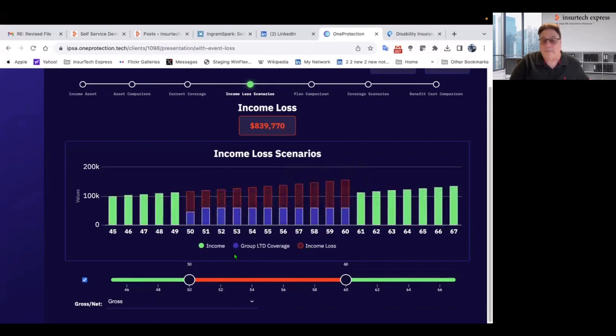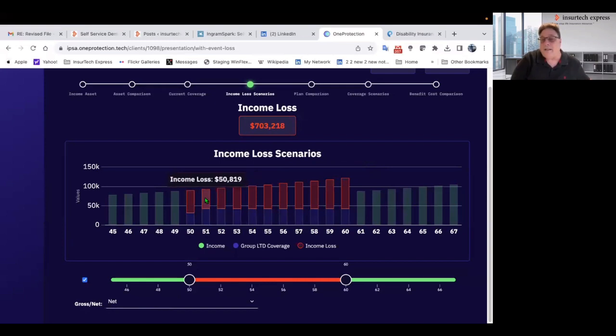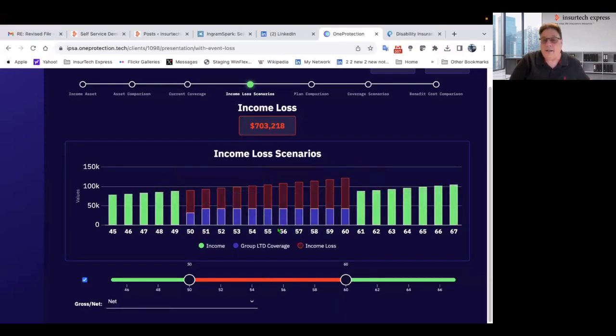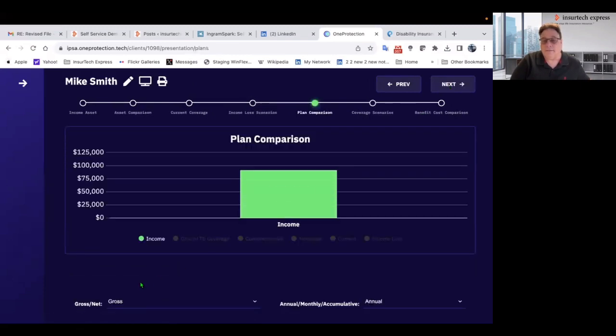And net, it's $700,000. So for the 10 years that I'm disabled, that's how much I'm losing unless I buy disability insurance. So let's take a look. If I go to the next screen, let's compare,